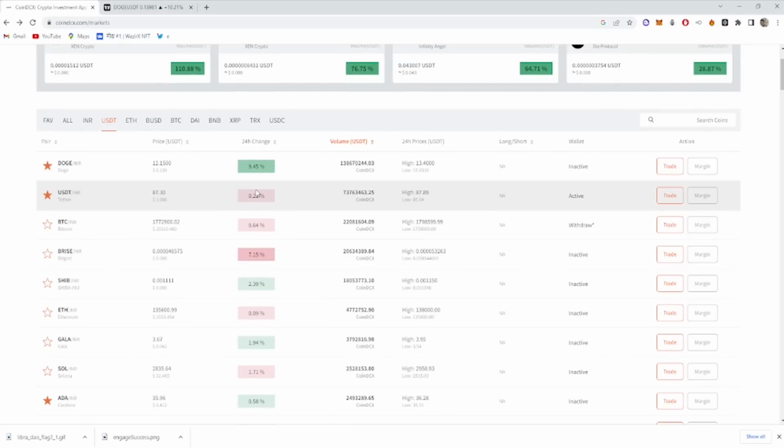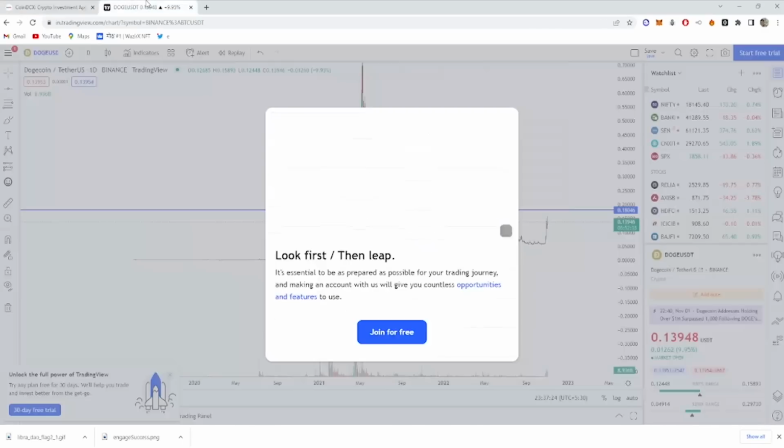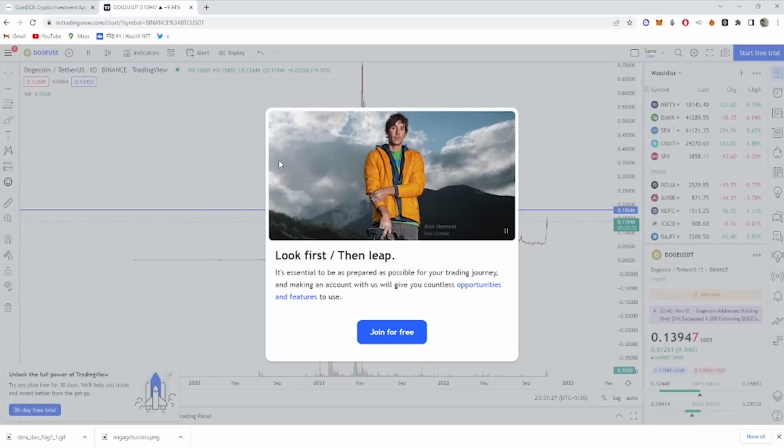There is another coin, which is around 0.0 bucks. And it changed 2.39%. So if I go and okay,